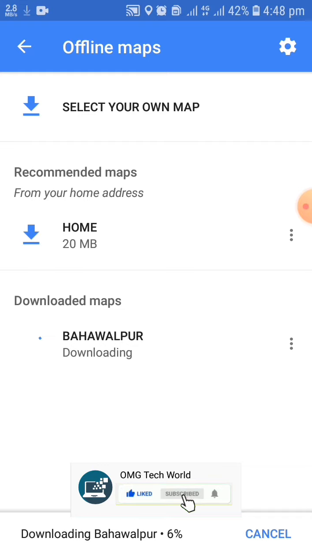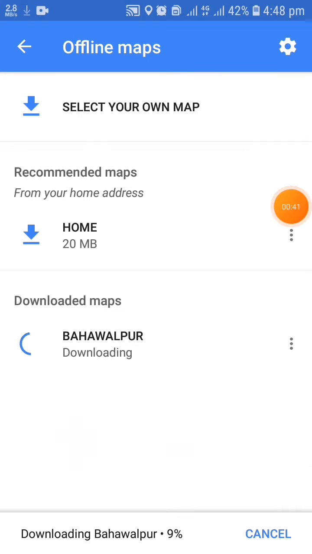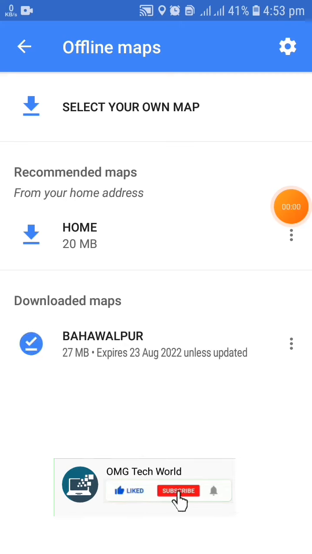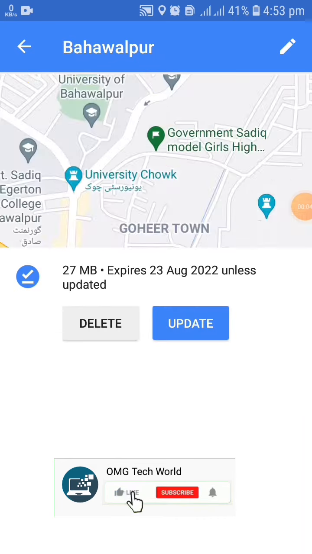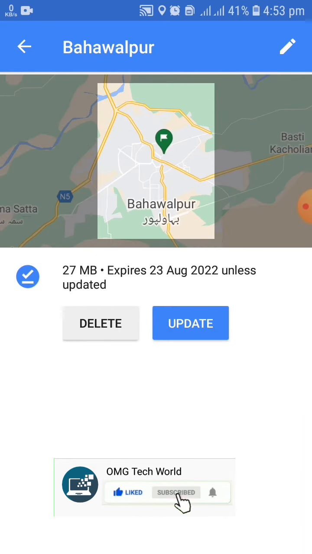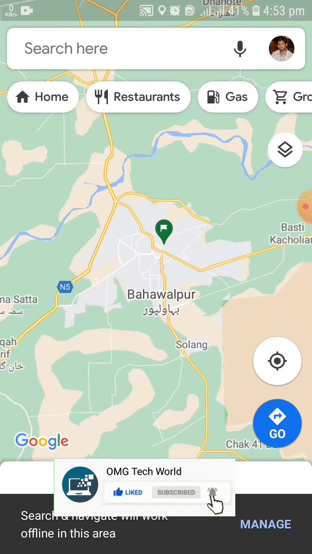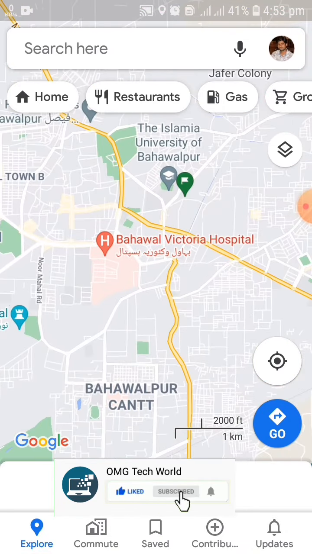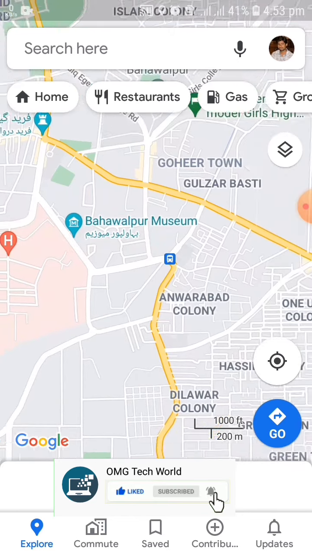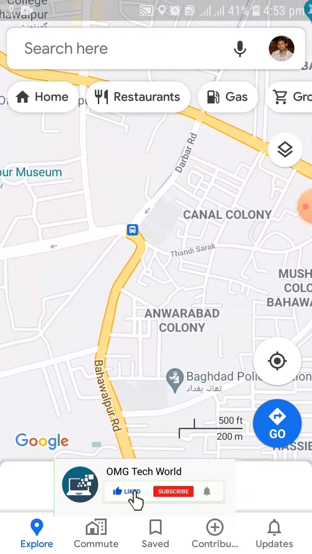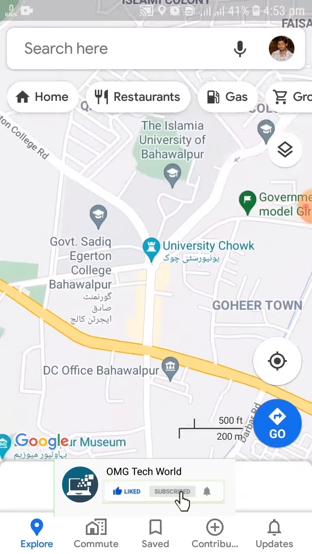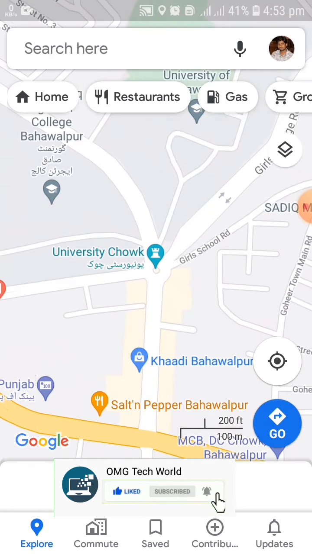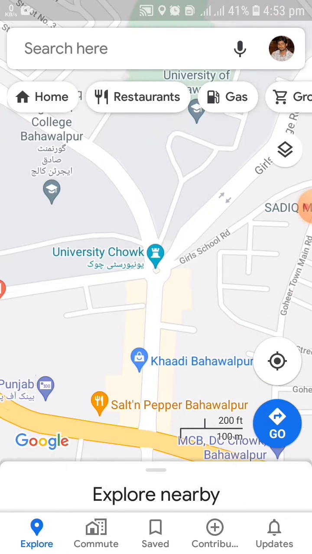When you have downloaded the Google Maps, as you can see in this video, even if you don't have internet access, you can easily use that downloaded Google Maps of the specific area you have already selected. As you can see in the video, you can see all the Google Maps of that area you have selected and downloaded, so you can easily get access to it even if you don't have the